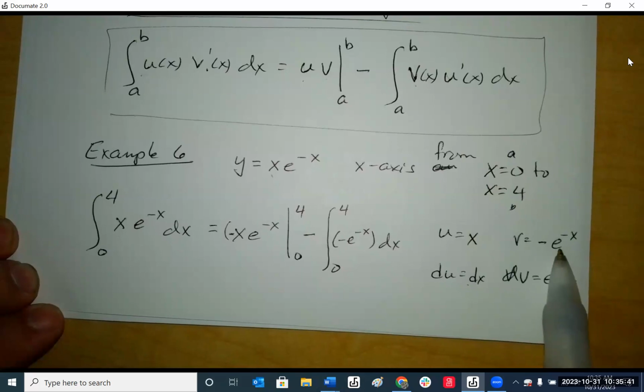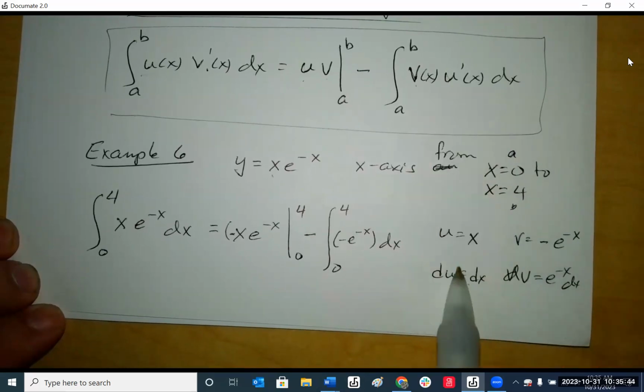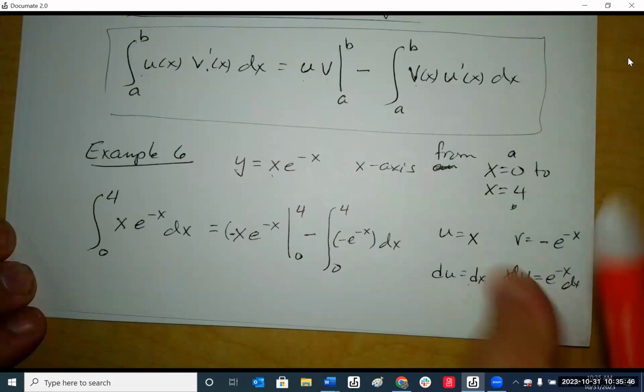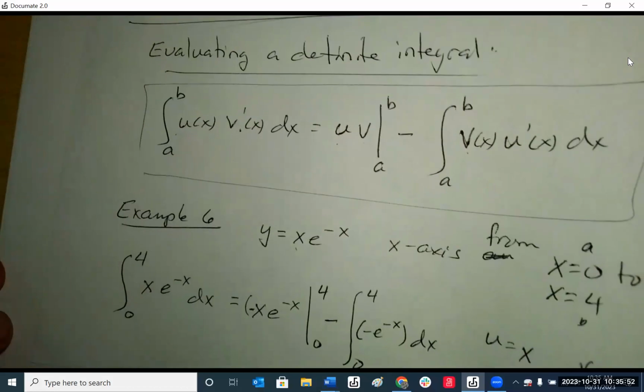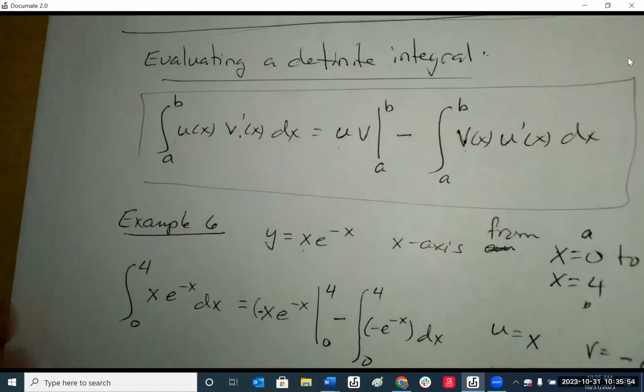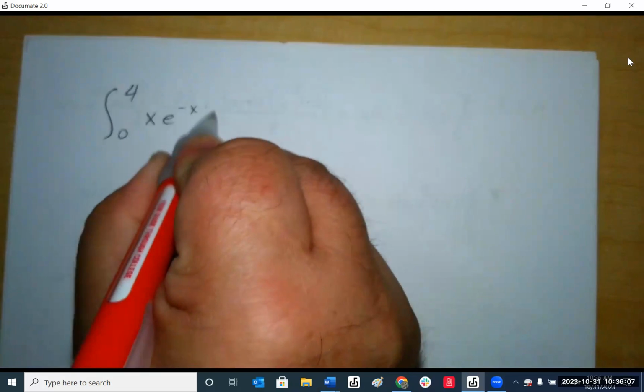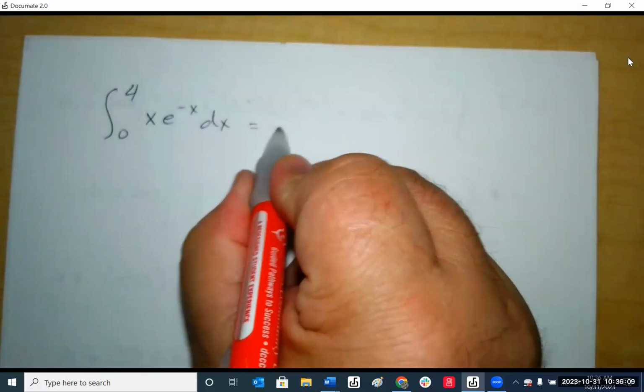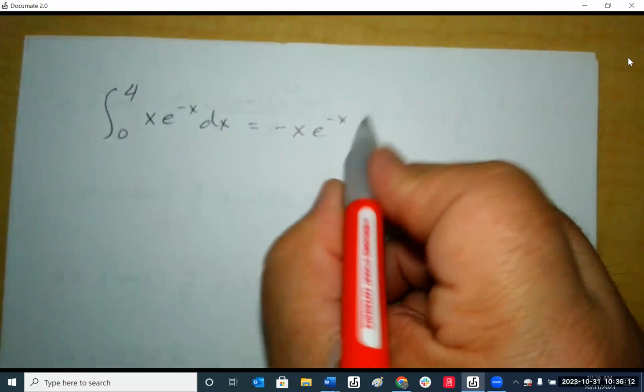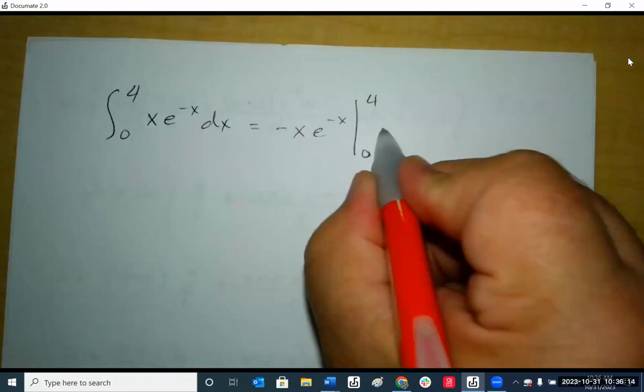So v is negative e^(-x) and du is dx. Let me write that on the other side, so I can keep on going. The integral from 0 to 4 of x e^(-x) equals negative x e^(-x) from 0 to 4 minus